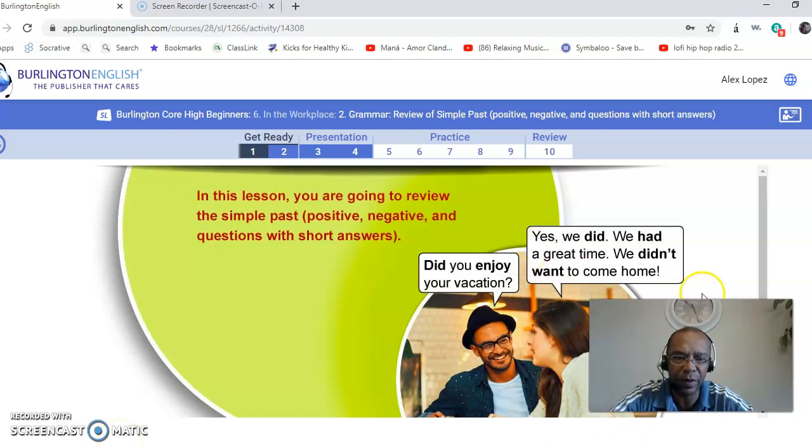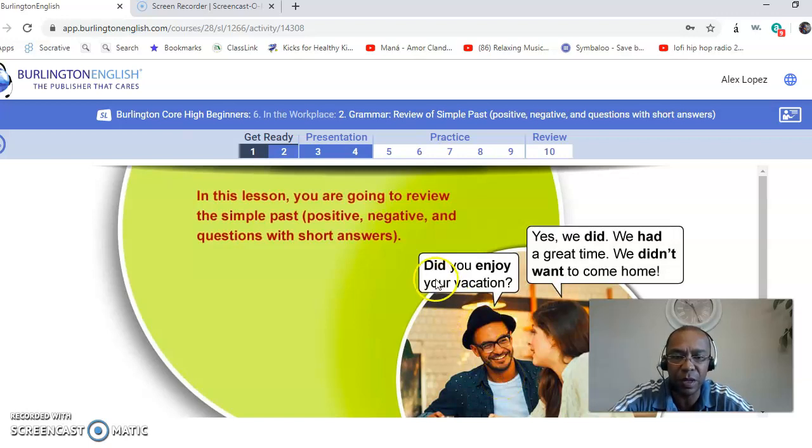We have a little conversation right here between these two people. He says, "Did you enjoy your vacation?" And she answered, "Yes, we did. We had a great time. We didn't want to come home." That's what she responded. As you can see in this conversation, there are a lot of times where the past tense